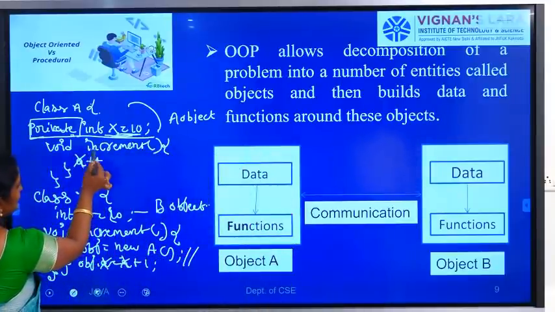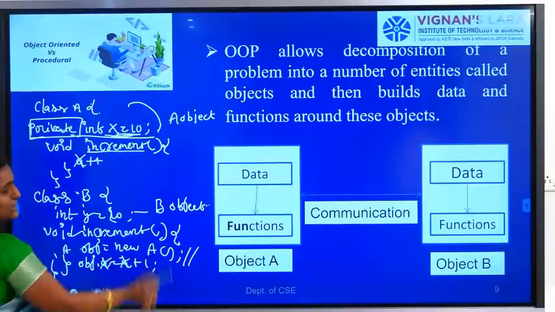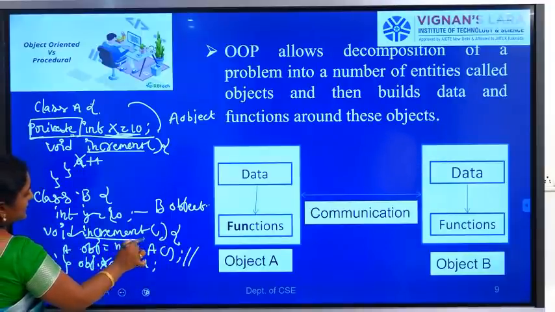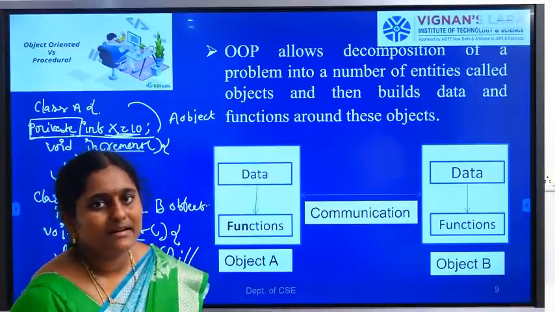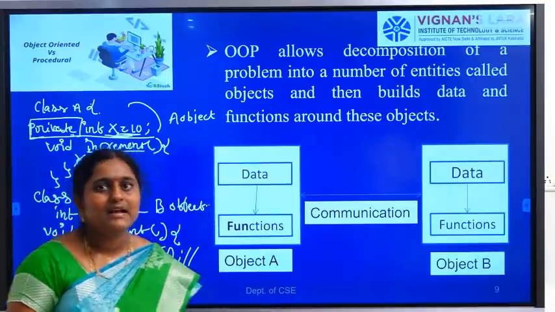In both objects I am declaring increment, so functions of one object can easily access functions of another object, but data cannot.